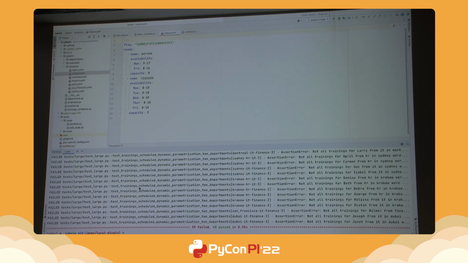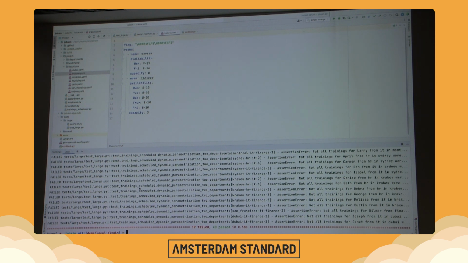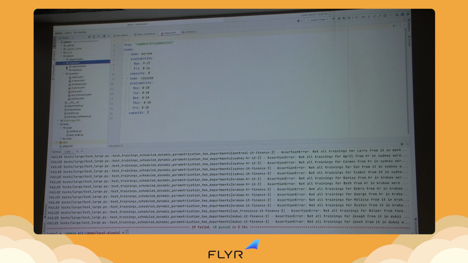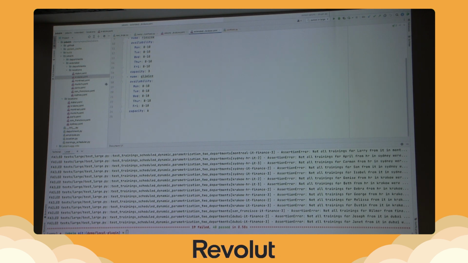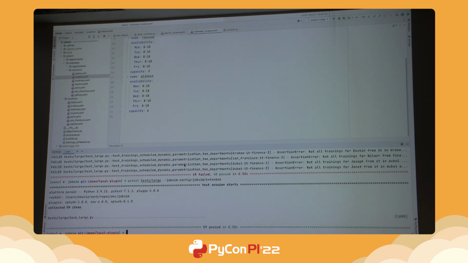It's because there are no available rules for our trainings, but I created some extended location. Here I added some extra rooms. So using these YAML files, it should be possible to schedule trainings for all new employees. So let's put here the path to this file, jobs team extended, and now our tests are passing because